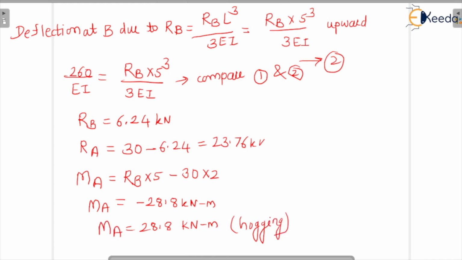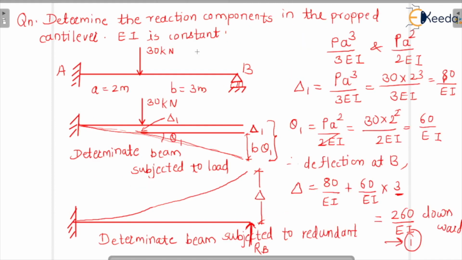Okay, students, so hope you understood this problem. When such a beam is there, a propped cantilever with some load acting, we divide that beam into two parts. First, we consider the deflection and rotation because of this particular load. The deflection is delta 1, and because of the rotation, the arc length is that particular length B by theta 1. We calculate first delta 1, then B theta 1.